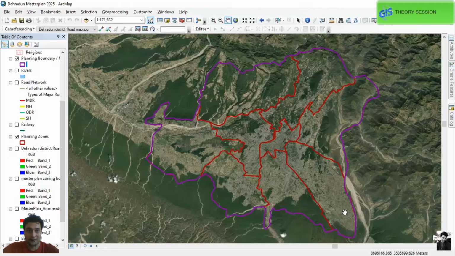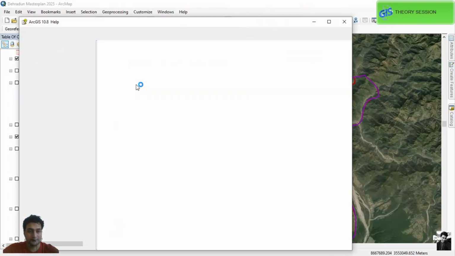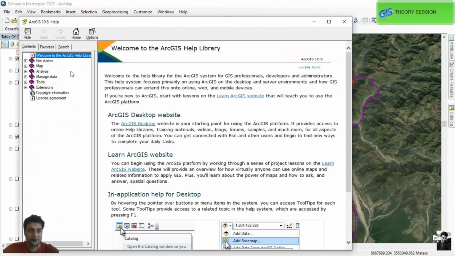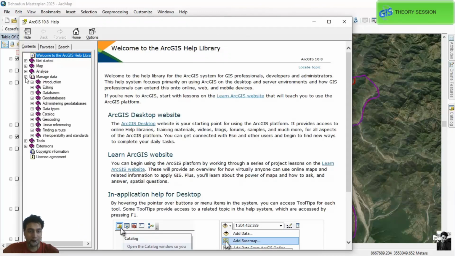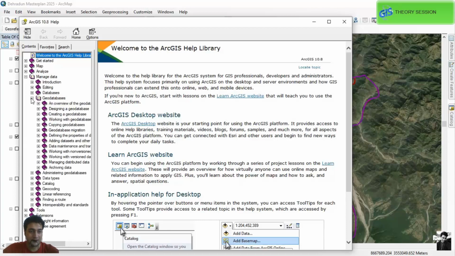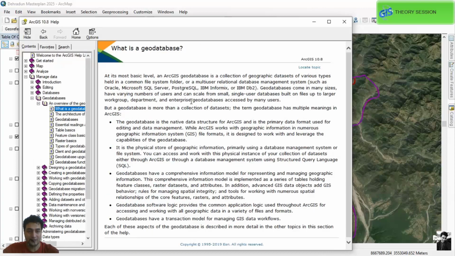First of all, there is an important tool within ArcGIS from which we can learn many definitions, and that is within the Help box. Since a geodatabase manages data, we can go to Manage Data and learn more about geodatabases from the topic "Geodatabase: An overview". It tells about the many ways we can define a geodatabase, what its work is and how it works.